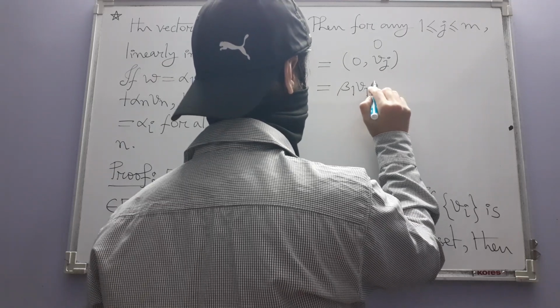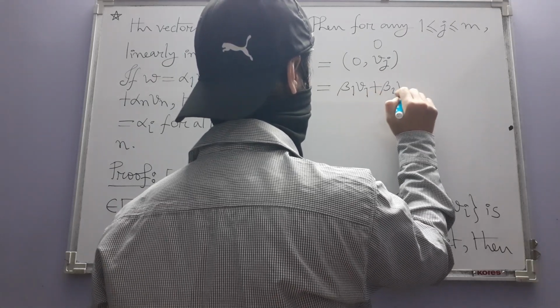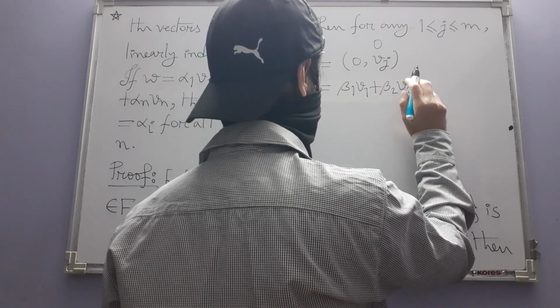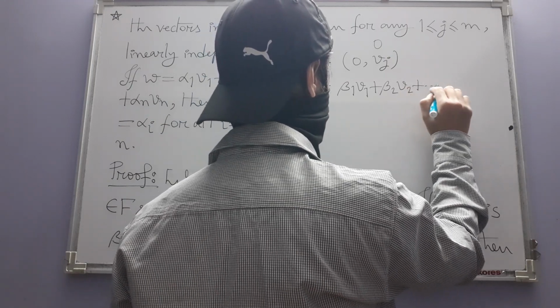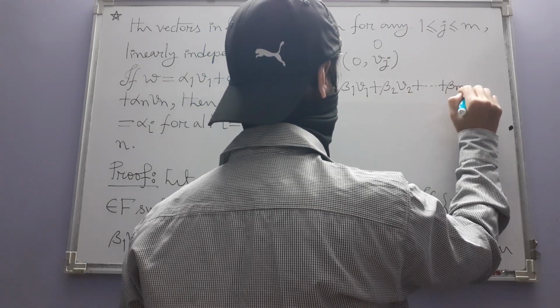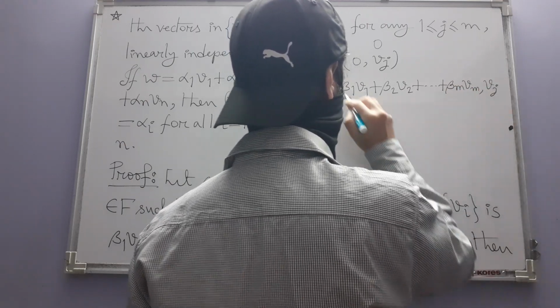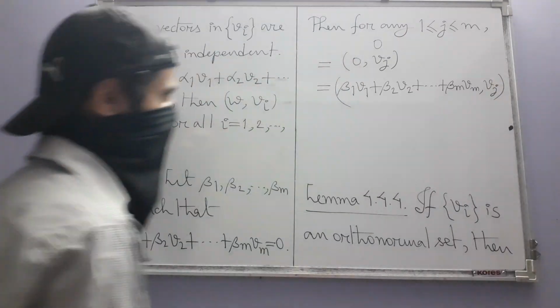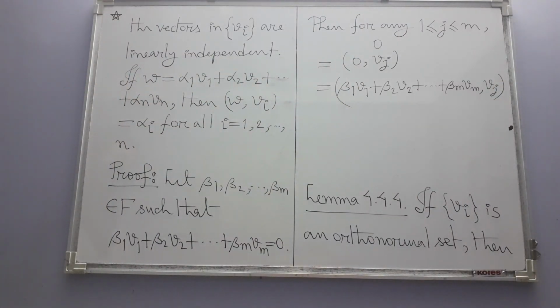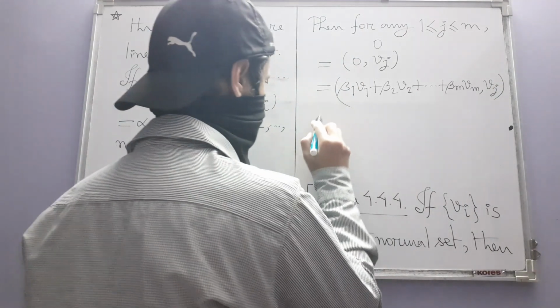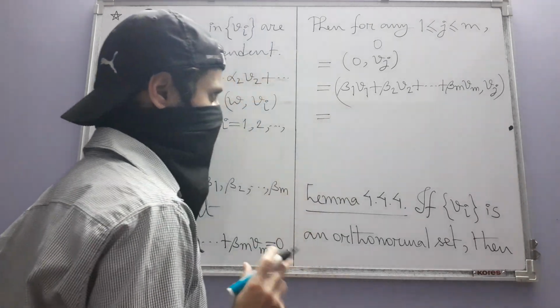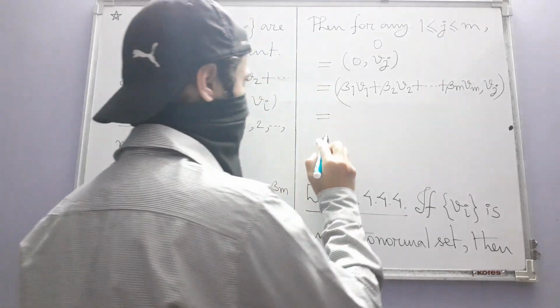Beta 1 V1 plus beta 2 V2 plus beta m Vm comma Vj. Now using one of the axioms for an inner product, this becomes